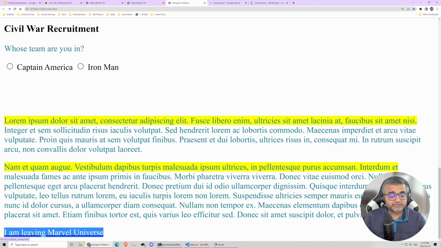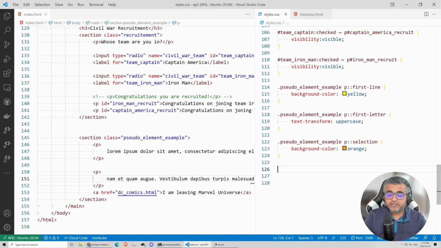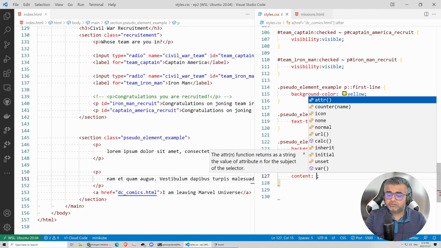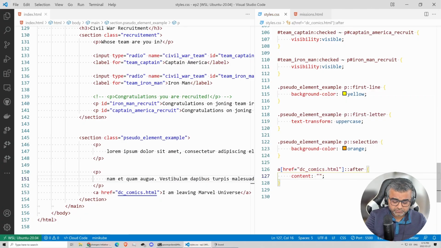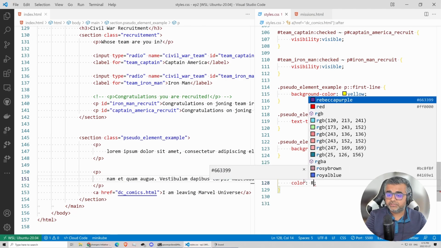Similar to this, you can also add styles after the element. So that's why we added this, right? We added this I am leaving universe, right? So we can say, hey, any anchor tag which has the href equal to DC Comics, anyone who wants to click on dccomics.html, right? After that anchor tag, just add content. We'll just point to it and say boring, right? We'll change the color to red,